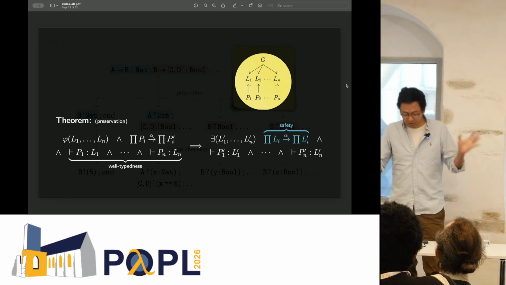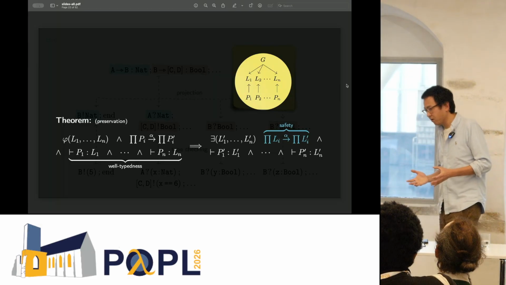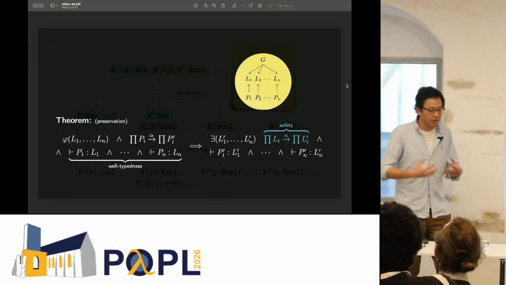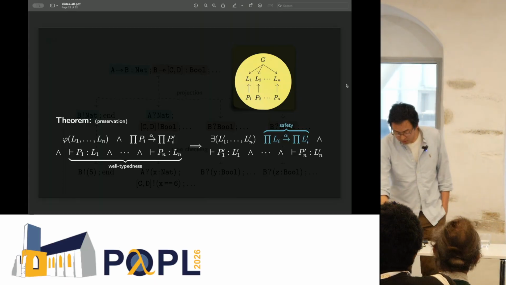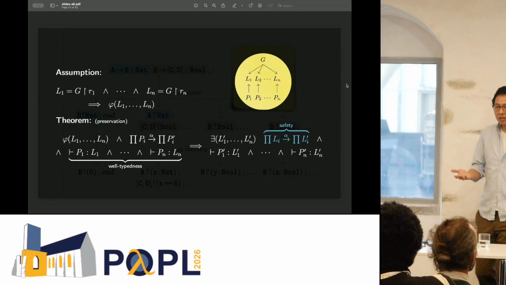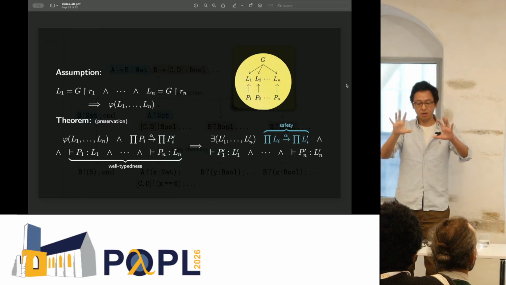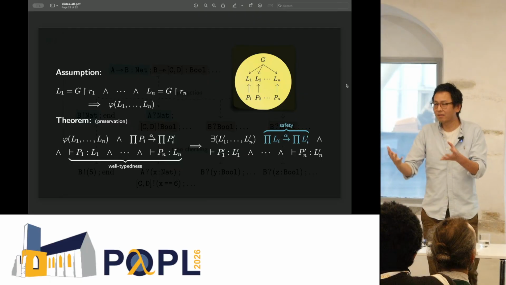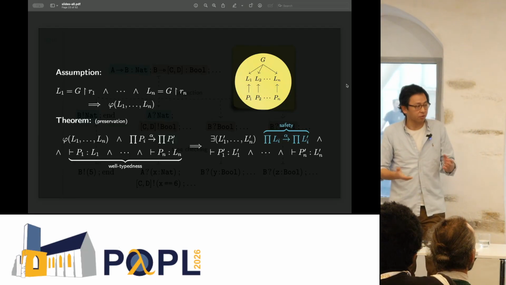Now, in principle, this is all fine, but the practical applicability of these theorems crucially relies on our ability to establish this phi property. And for a long time in the community, we assumed, or we thought, that we get this property essentially for free. We thought that if we start from a global type, do our projection, then this phi property is entailed by this whole process. So we have it by construction.